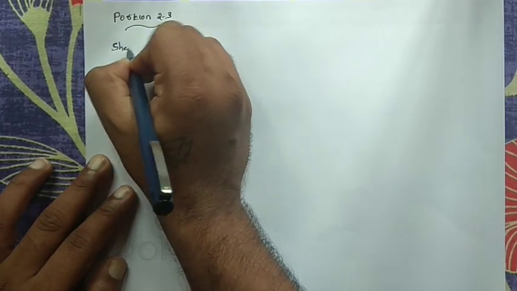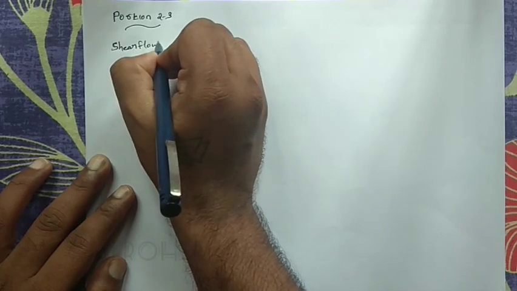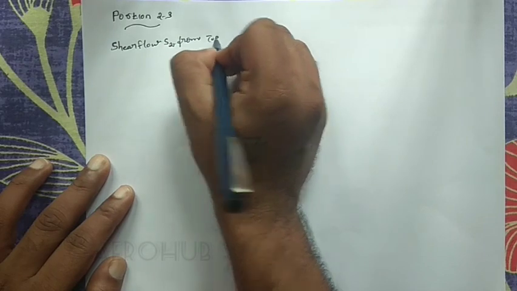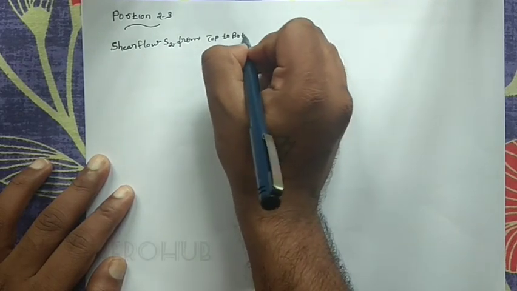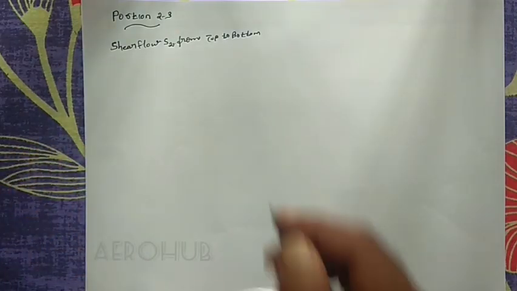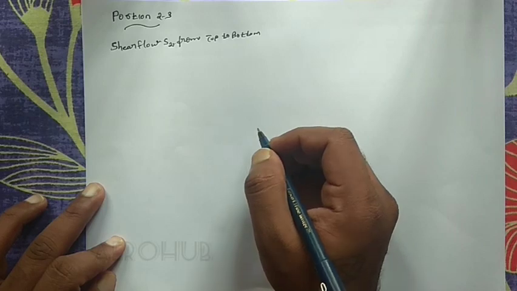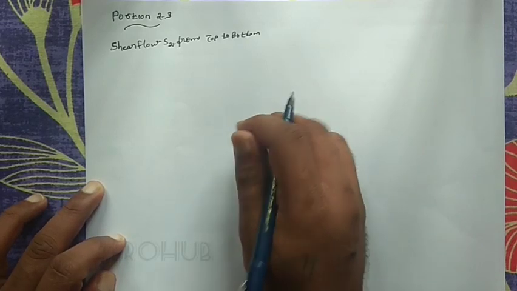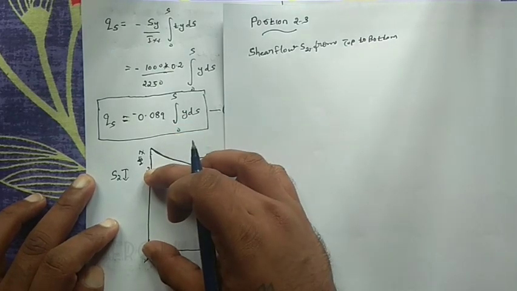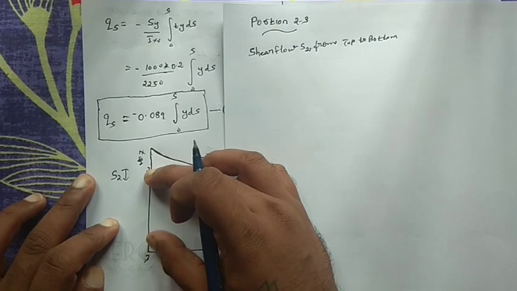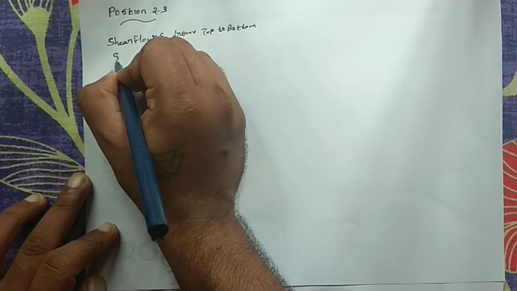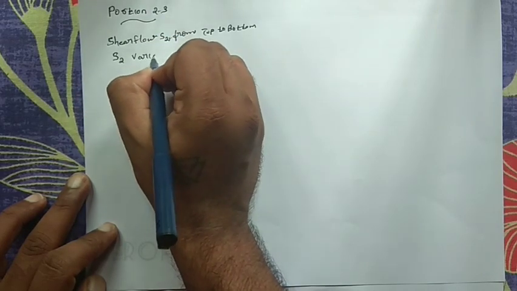Here there is no x value, so x will be 0. Since there is no x value in the shear flow equation, and also we are keeping the web in the y axis, practically there is no x value. And also your S2 varies from